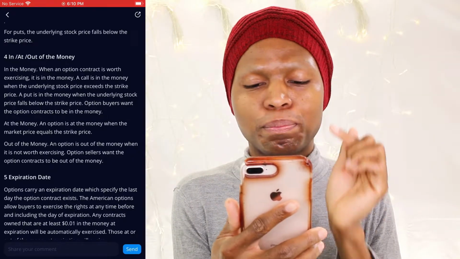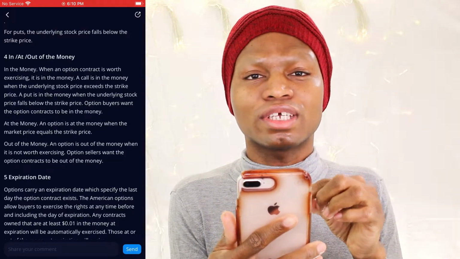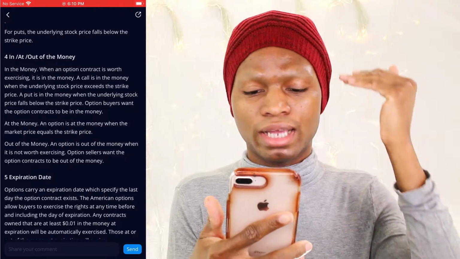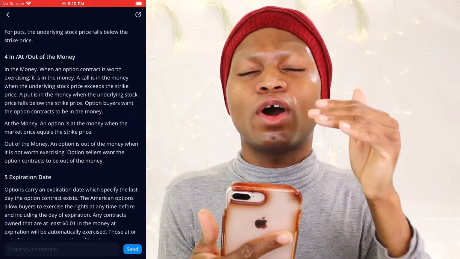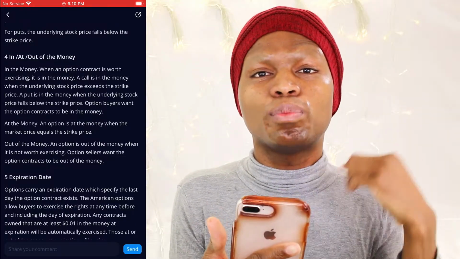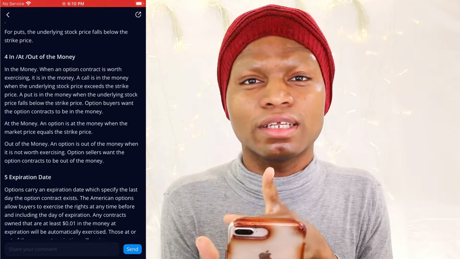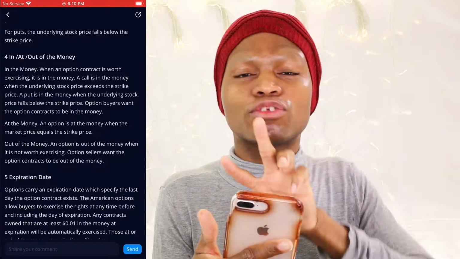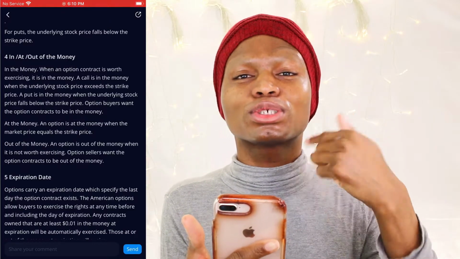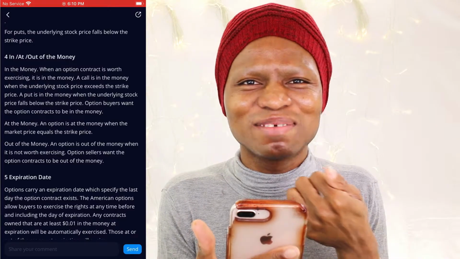And a put is in the money when the stock price falls. See, you're betting against the money. So if your strike price is, for example, $5 for a put, and then the stock goes to $6, you who bought the put will be losing money, and the person who sold the put will be making money. Okay, then that will be the reverse when it becomes a call. So you who sold the call, when it's in the money, the person is making